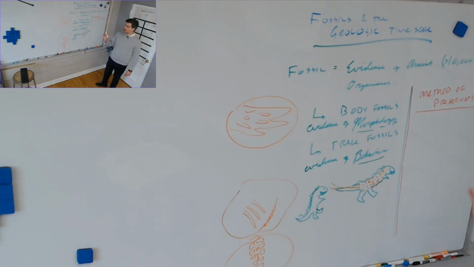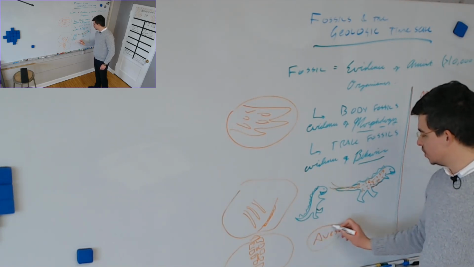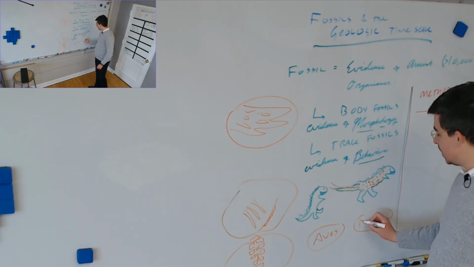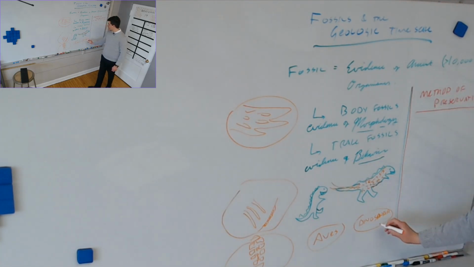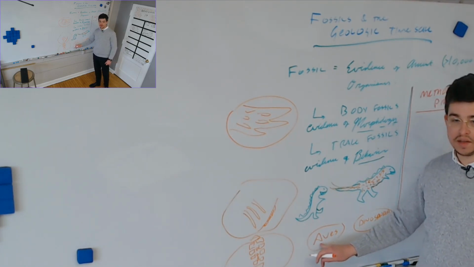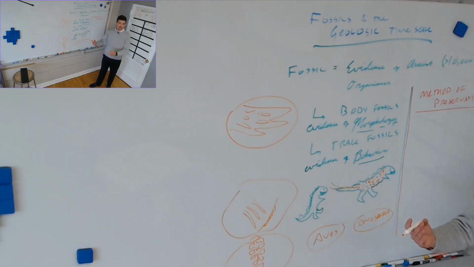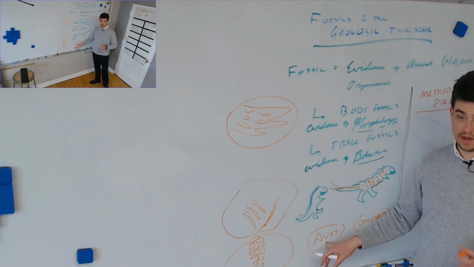But the only reason we call that group of birds Aves, which is the Latin word for bird, instead of Dinosauria. No, this is not a joke. This is the actual name of the clade of dinosaurs, Dinosauria. The actual name for the order of birds is Aves. When we discovered that birds were all descended from dinosaurs, the only reason we did not rename it, so they're all officially called dinosaurs,